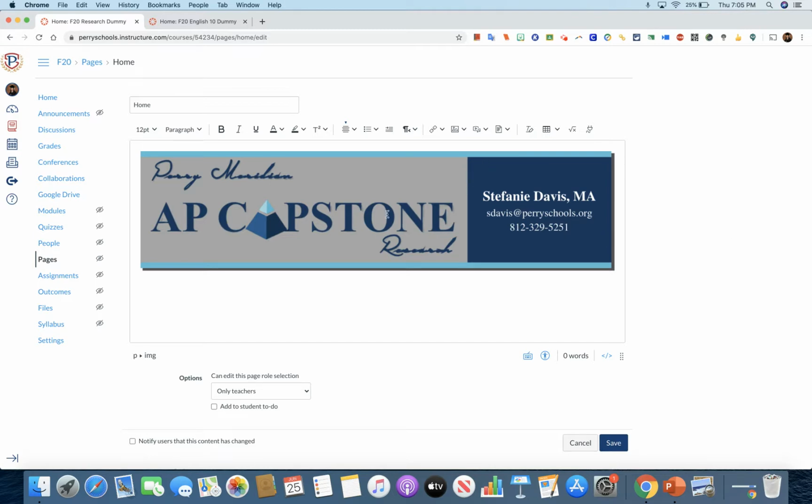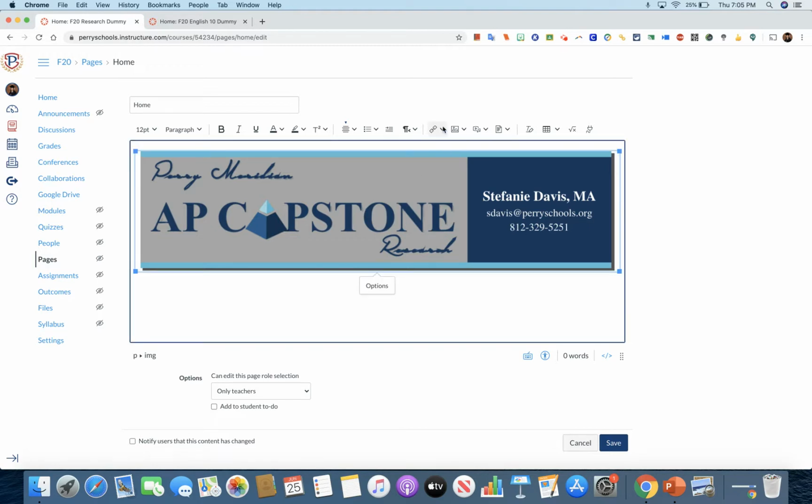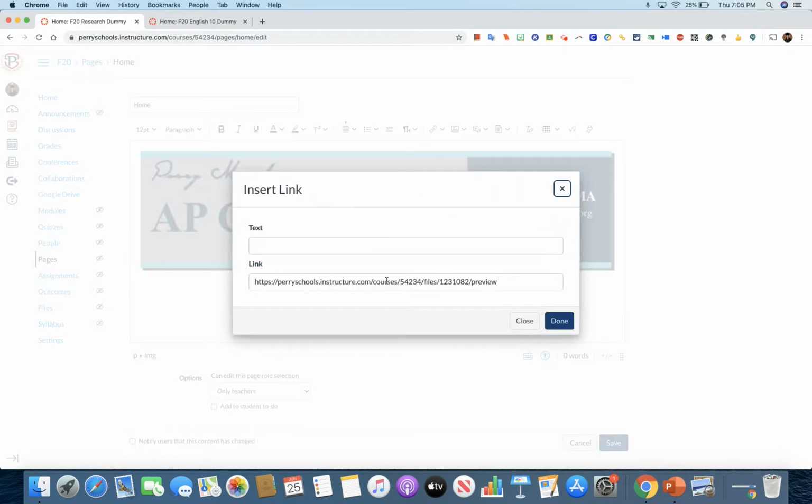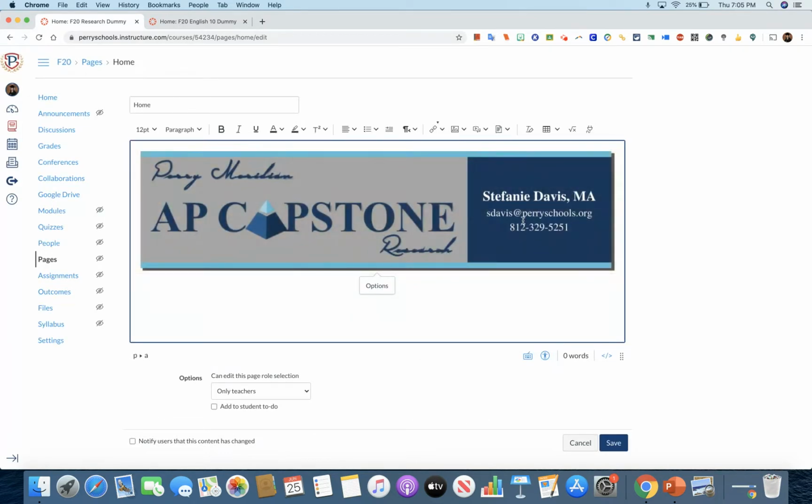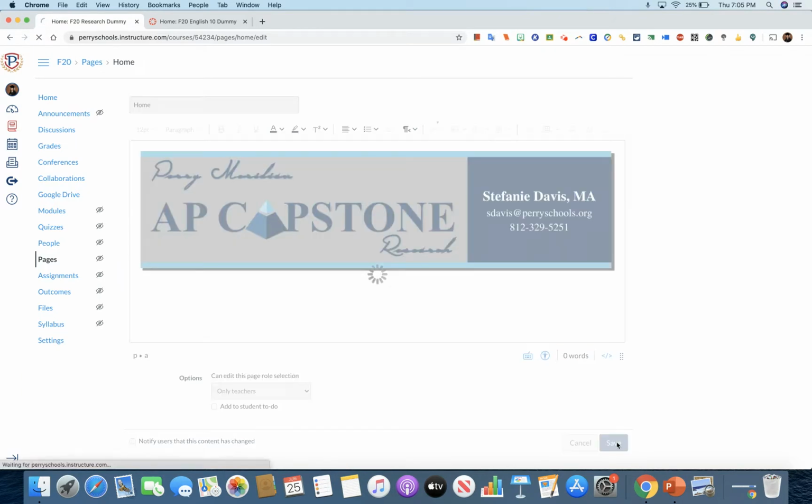The other thing I'm going to do is make this a button actually. And in order to do that, I'm going to click on it again, come up here to the link picture, and I want to click on external links because what I want to do is take this out of the link area and instead type in my email address. And that will make this then a button that goes to my email. So if I save,